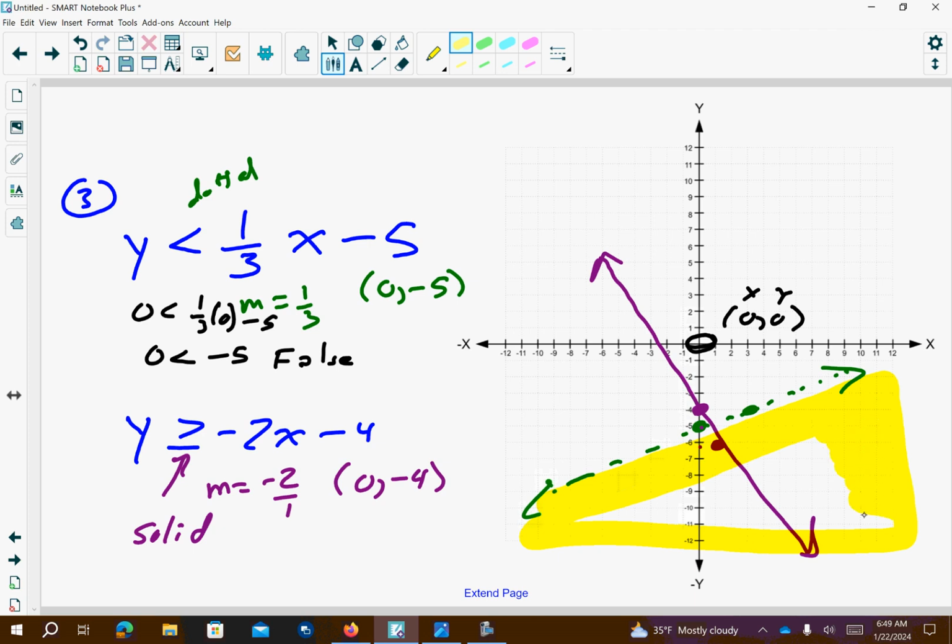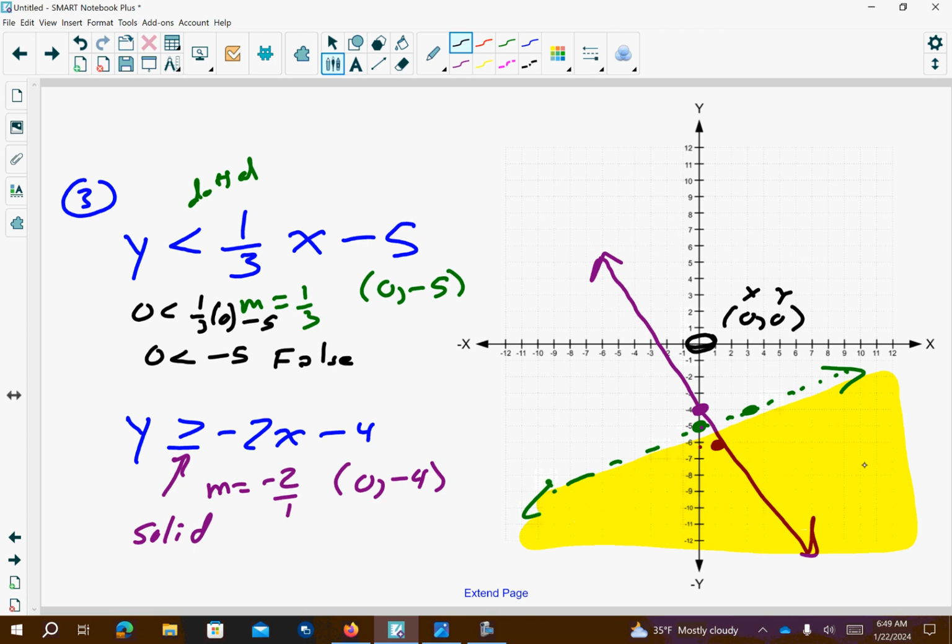Okay, so right now, if we picked a point in this yellow region all the way down here, it would work in the green line. So if I picked 0, negative 12, and I plugged it into my original y equals 1/3 x minus 5, it would get a true statement. But we have to test the other line too, okay? Because remember, 0, 0 is on this side